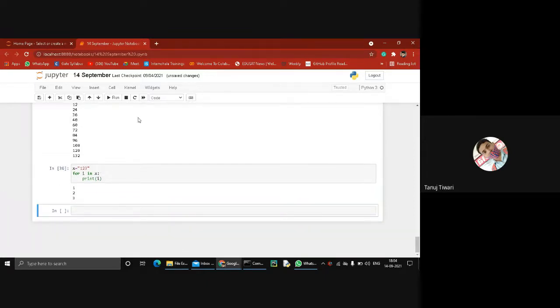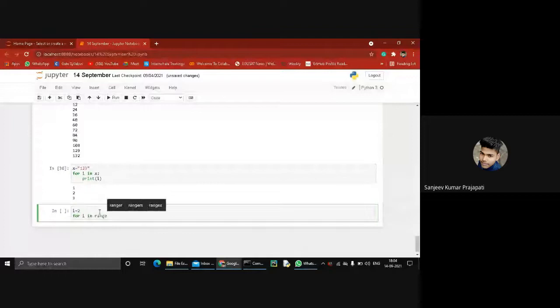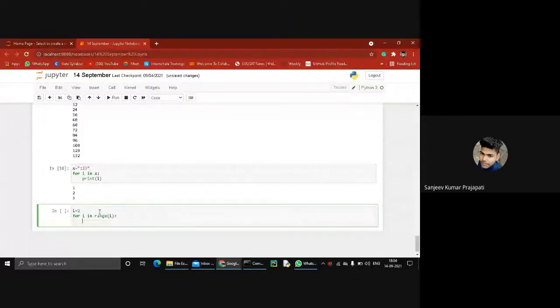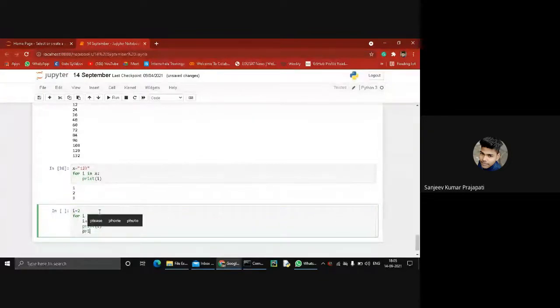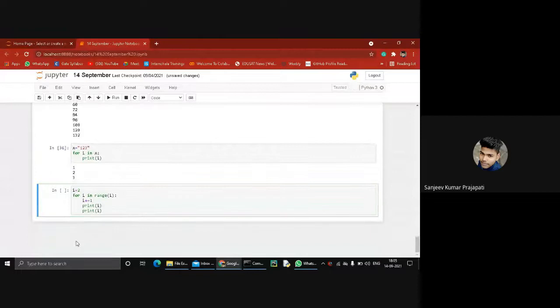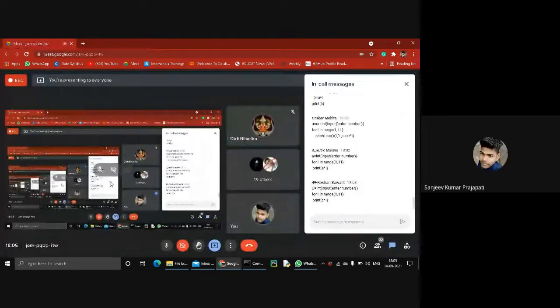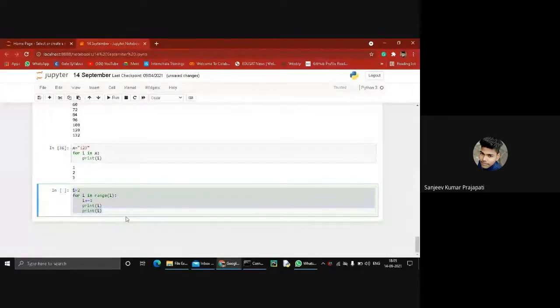Right. So the next question is: i equal to 2, for i in range, and i plus equal to 1, print i. Outcome is 3, 4? The output is 1122.